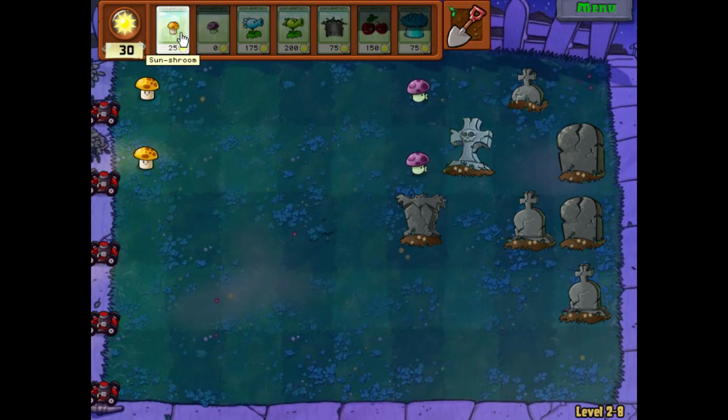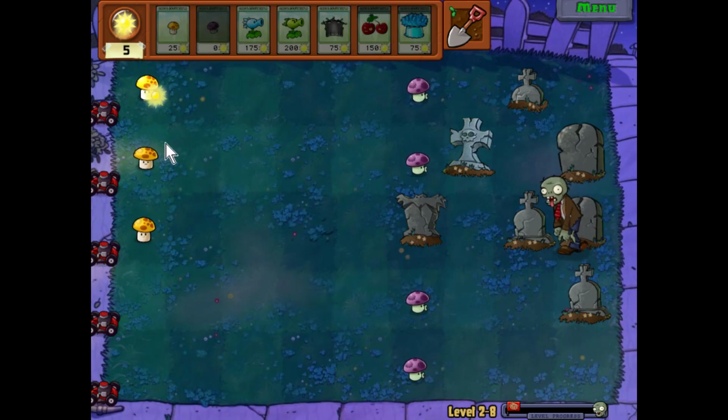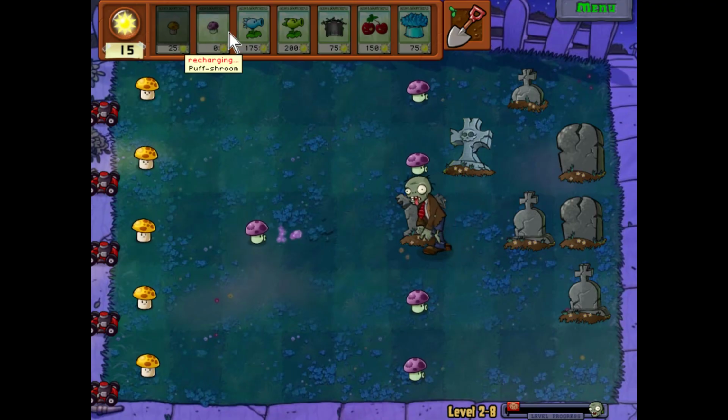Oh, we're lucky we get the third. When you get the third sun shroom down without having to wait at all, you're in good shape. Why did I do that? My goodness. You should kill it there just fine. Could help him along, but